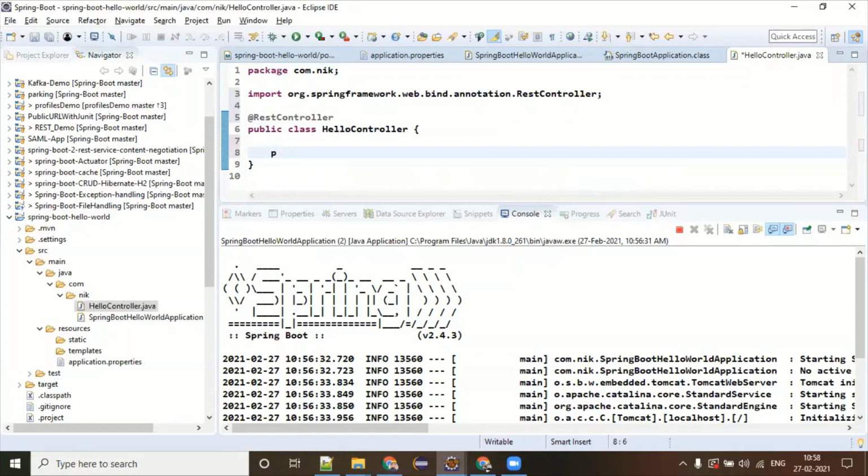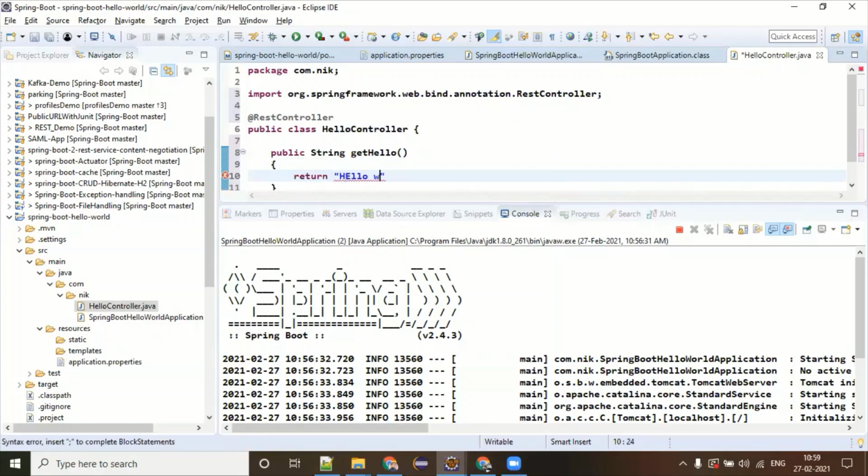So I'm writing public String getHello, and this is going to simply return "Hello World from Spring Boot".